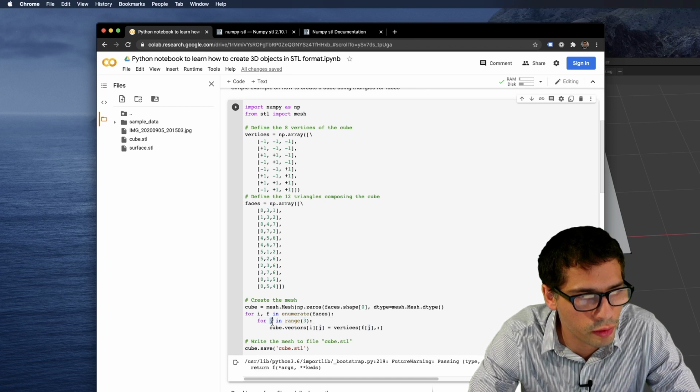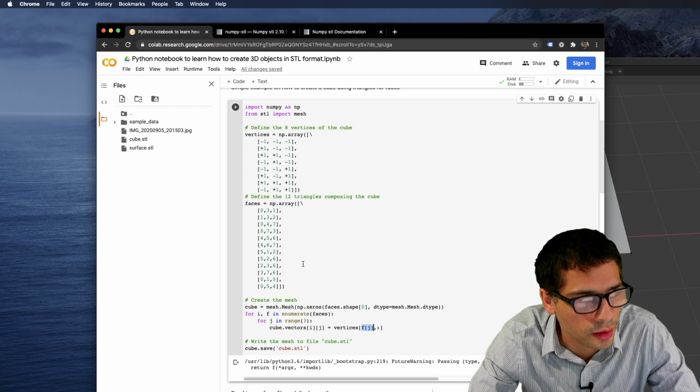So it will do j equal to 0. So this is i, basically the index of the face. So face, for example, 0, and then index, and then coordinates 0. Then it passes in f of j, which is going to be within the face itself.